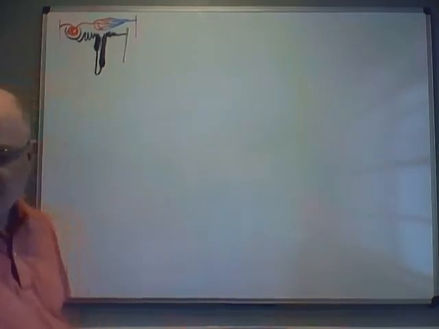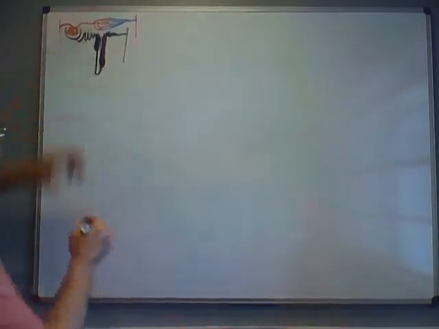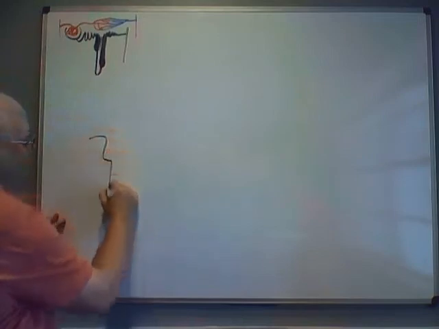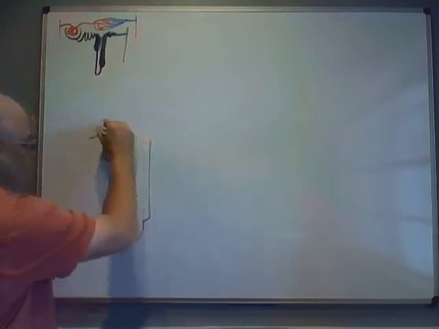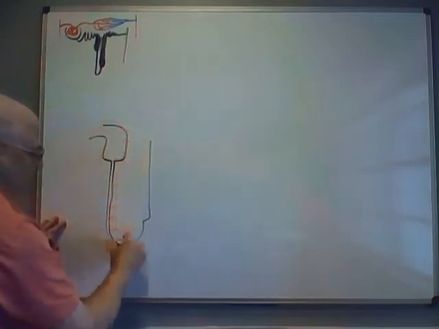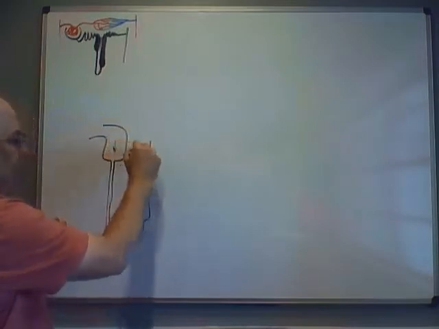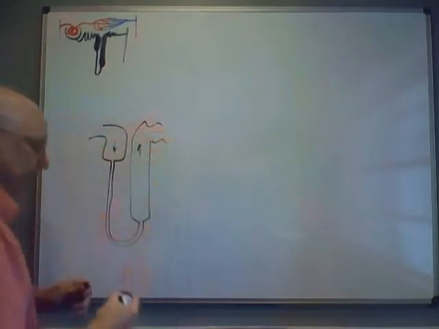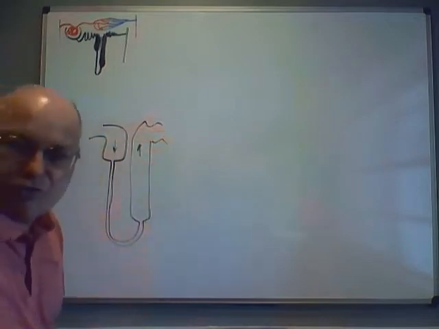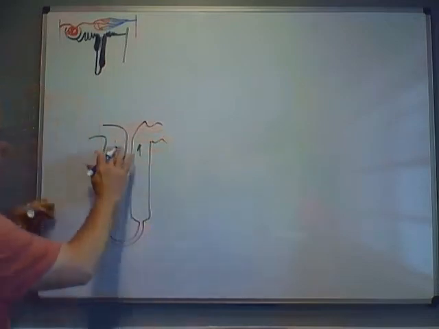Countercurrent multiplication, countercurrent exchange. If I were to cut out the loop of Henle, it looks kind of like this. I have the thick and thin descending limb and the thin and thick ascending limb. We're going to go down here. We're going to go up here. Okay. Now, I like to do this way so that you get to visualize it. Let's say